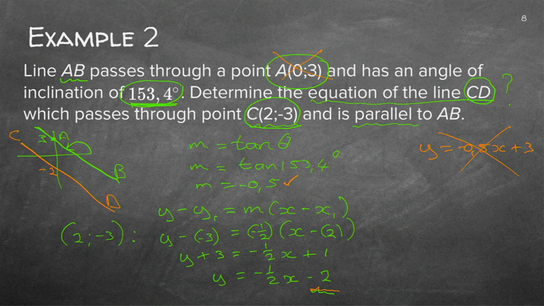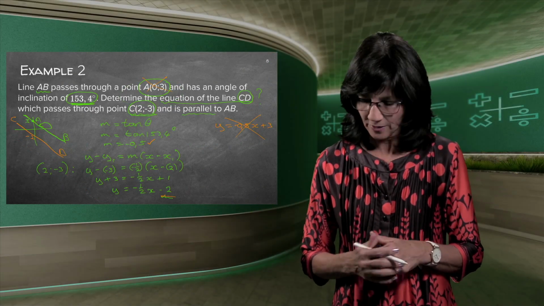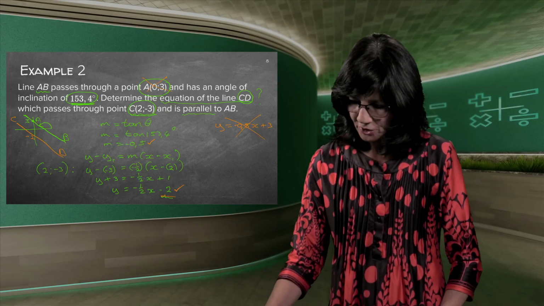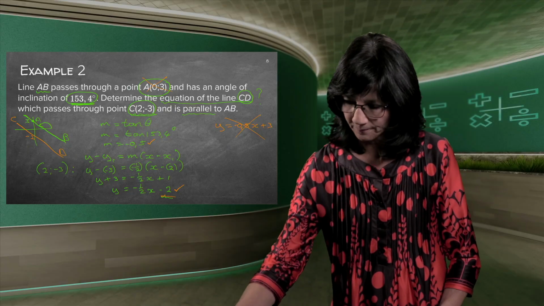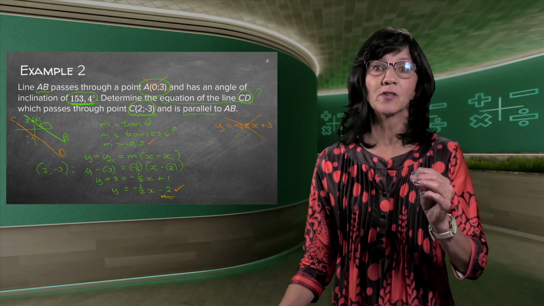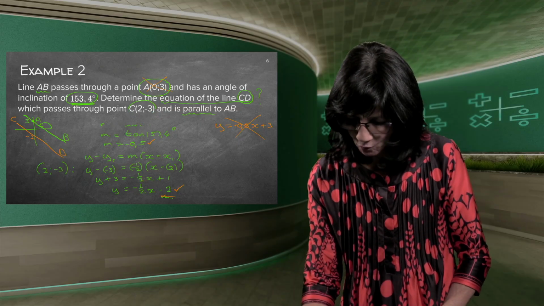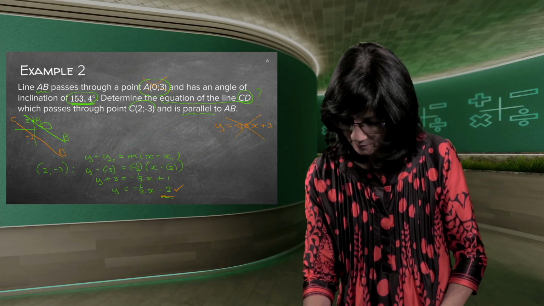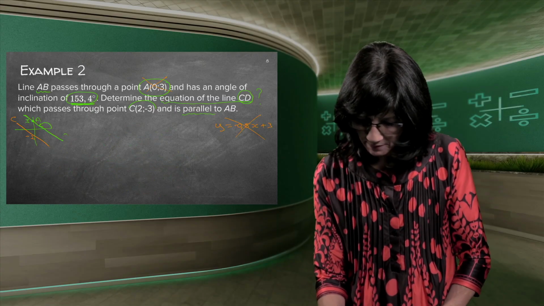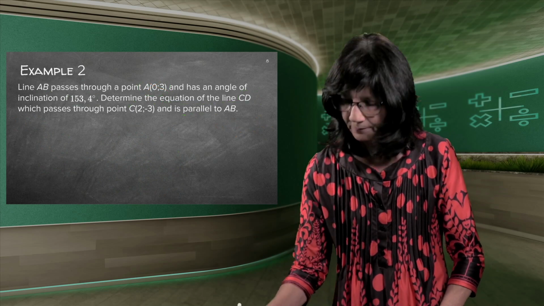If they now do ask you to draw the graph as well, you've got everything in front of you. You can just go and draw the graph. Good. But this is what they ask. Find the equation. And there you found the equation. Good. Now this one was just a little bit different because they did not tell you what the m is. You had to go find the m by using this formula, which I'm taking off now because remember, you're going to go and redo this all alone.